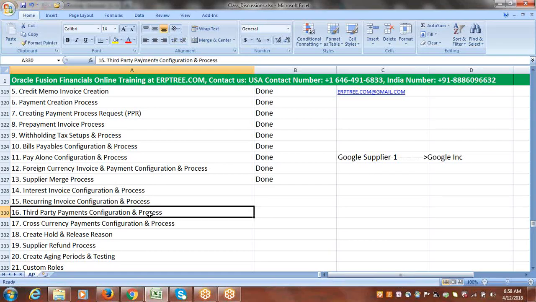Now we'll see the third party payments. Okay. So to test these third party payments, we'll do the required configuration. We'll set up what configuration is required. And to go with the scenario,